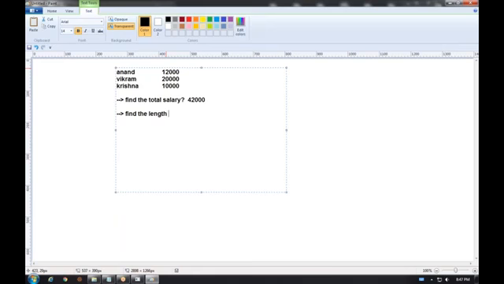Find the length of employee names. For Anand, it will display 5. For Vikram, it will display 6. And for Krishna, it will display 7. If you calculate length, on how many values is it executing? 3. So how many output values is it giving? 3. So this result is given by a group or aggregate function, and these results are given by a scalar function or